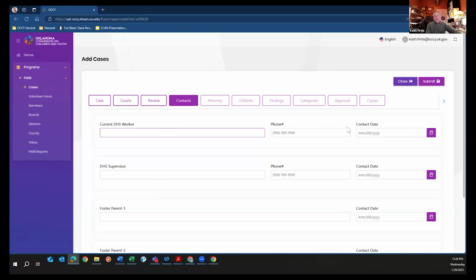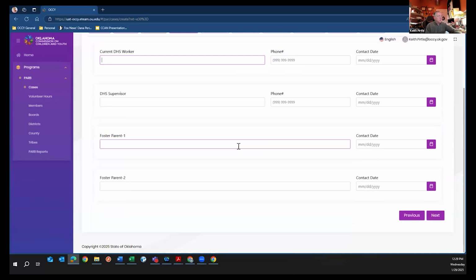If you're not contacting the worker between meetings, you certainly don't need to put their phone number in there. You might put the name just because when you print the sheet or you look at past recommendations, it's nice to be able to quickly identify who the worker is, right? Same with the supervisor. A lot of times workers change, so it's sometimes nice to have the name of the supervisor. That's not a required field. Contact data is certainly not a required field, but again, if you're doing this for yourself, when did I reach out to them or when did I contact them? That's why that field is there.